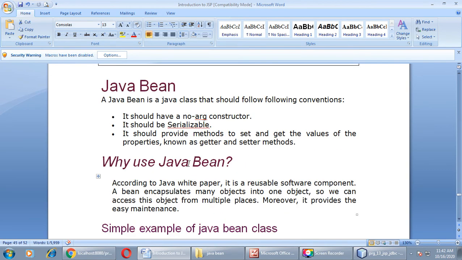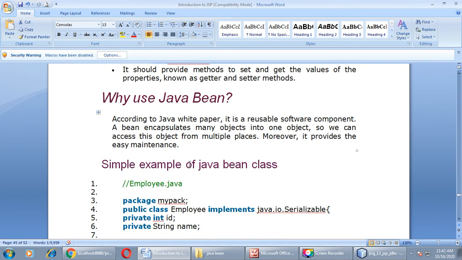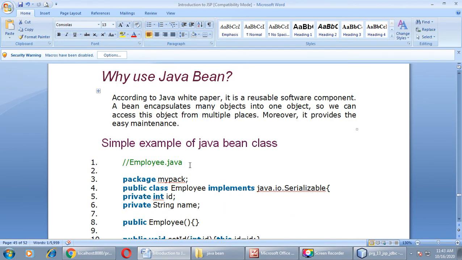Now why use a Java Bean in JSP? According to the Java white paper, it is a reusable software component. A bean encapsulates many objects into one object, so we can access this object from multiple places. Moreover, it provides easy maintenance.